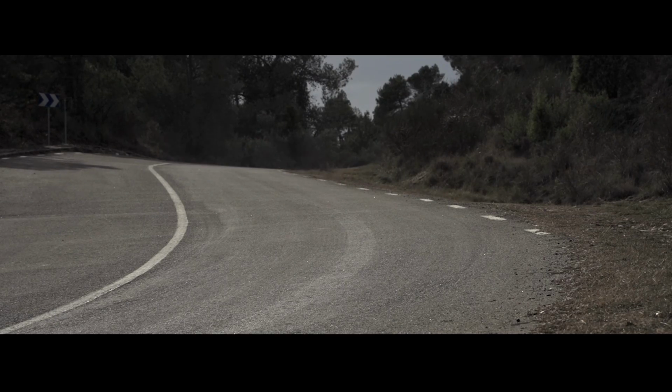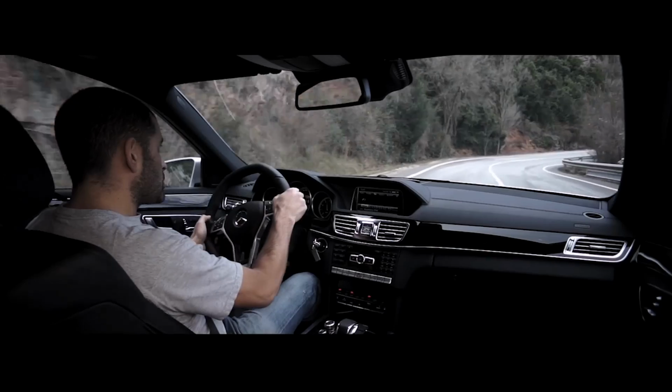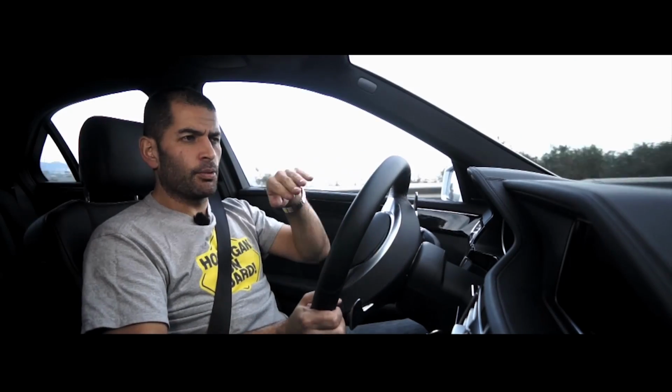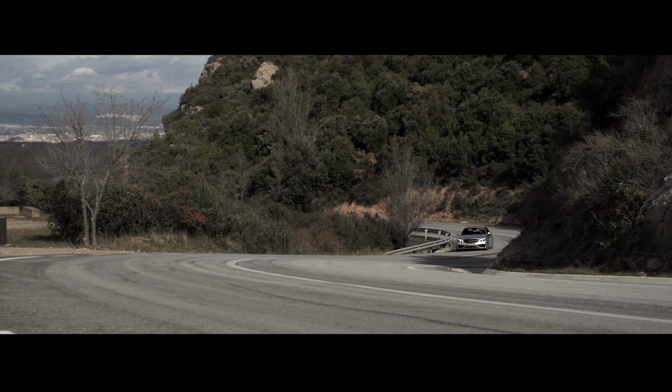They've put a bit more weight in the steering than the last E63 I drove. The ride is very supple in normal damper mode. We've got two options, medium sport and full sport. I don't tend to use those, but this is a really nice balance of everyday comfort and quite a lot of